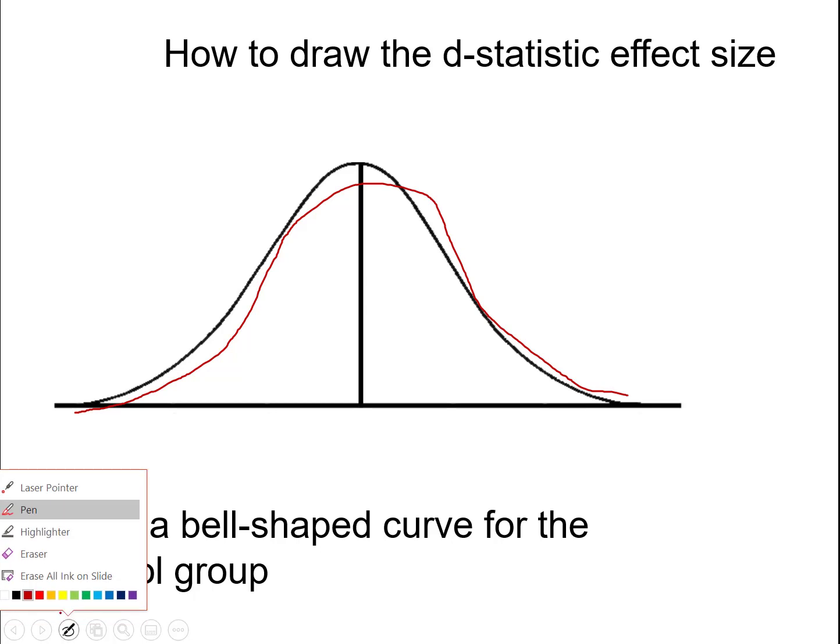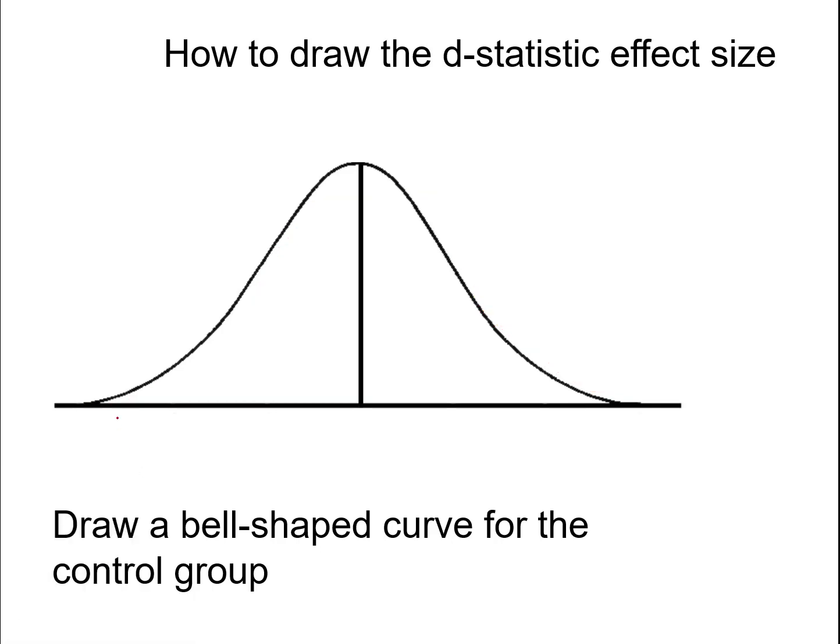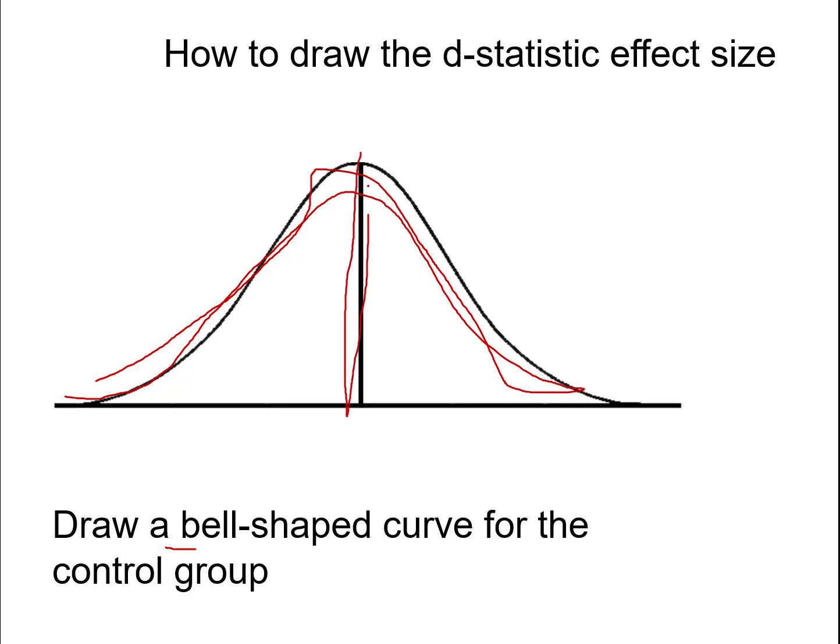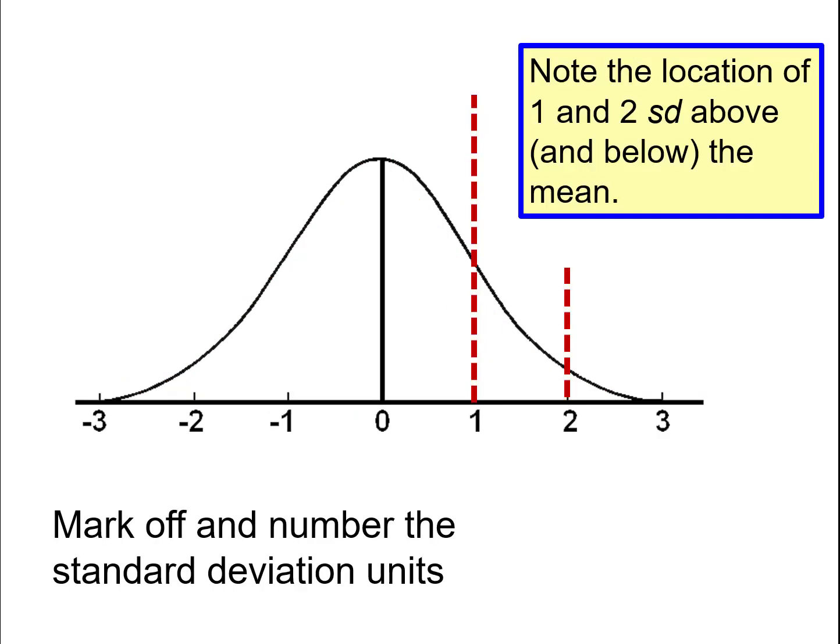So I'm going to assume the outcome variable is normally distributed, and I'll draw this bell-shaped curve here to indicate the distribution on this outcome variable for the control group. I'll also put a line right down the middle. That line will represent the mean of the control group. So now that I've drawn this normal distribution of scores for the control group, I'm going to mark off and